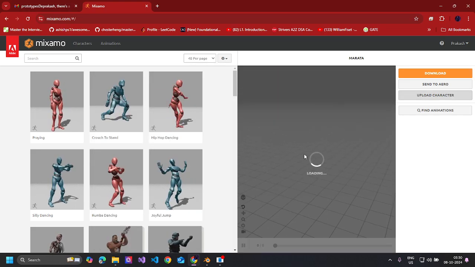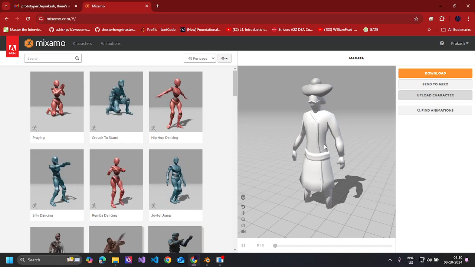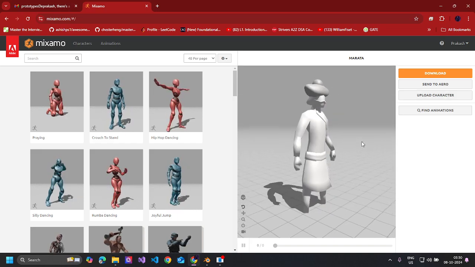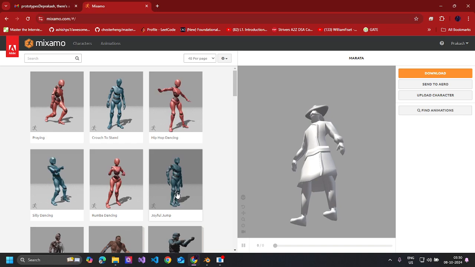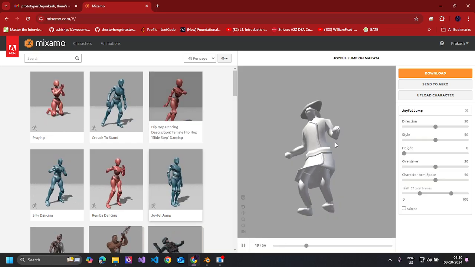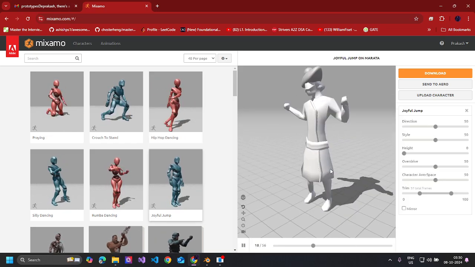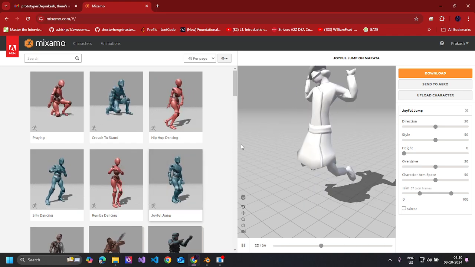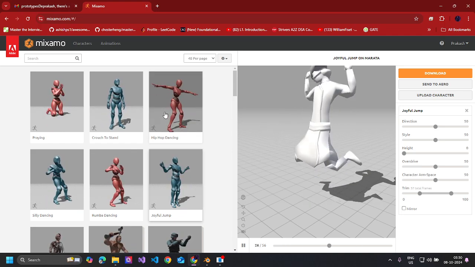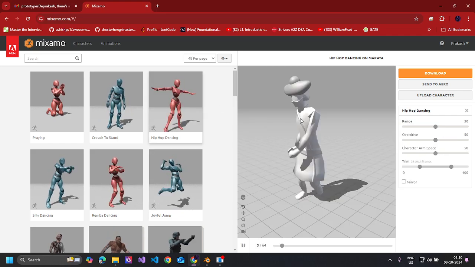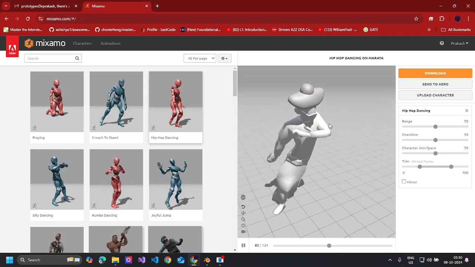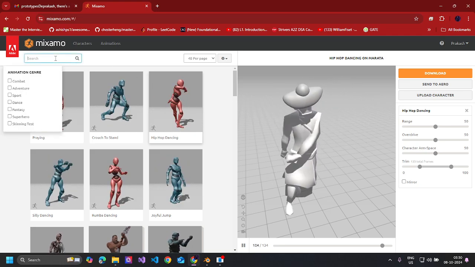Next, now the model that we have created just came here. Okay, now you can select any animation and that will apply to this model. Yeah, if I select this jump animation, it's jumping. It can also dance, but our soldiers need to fight. So